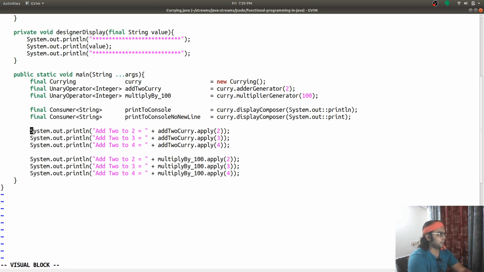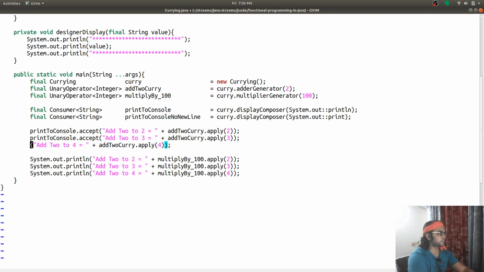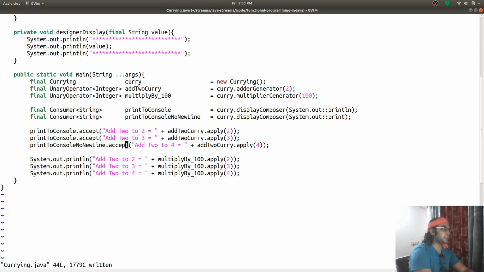I will say print to console dot accept, so this won't have any new line printed to it.